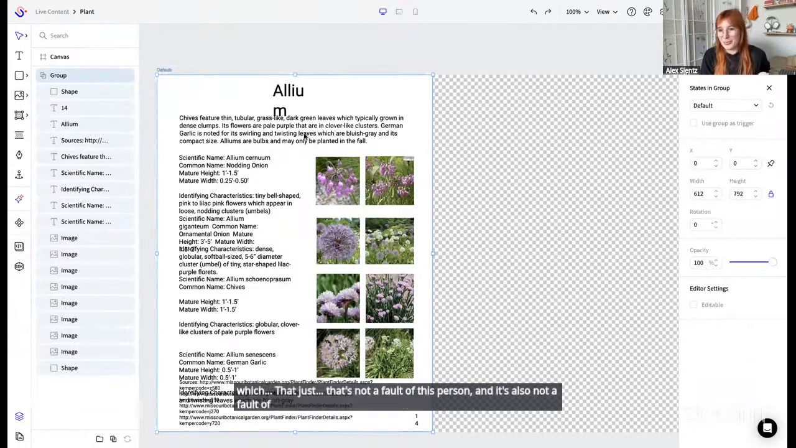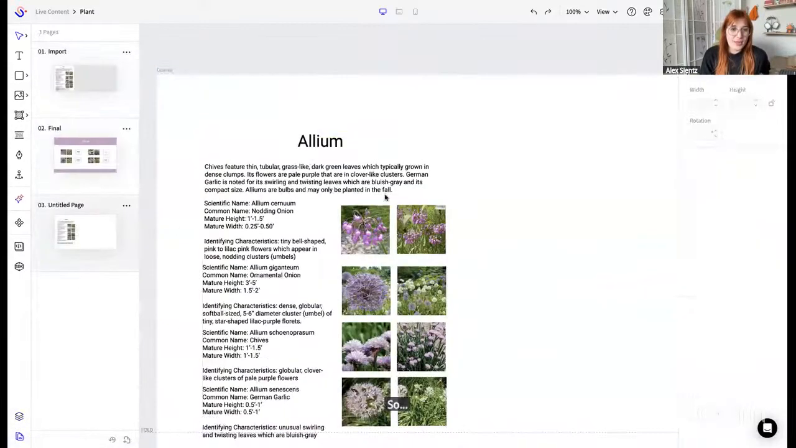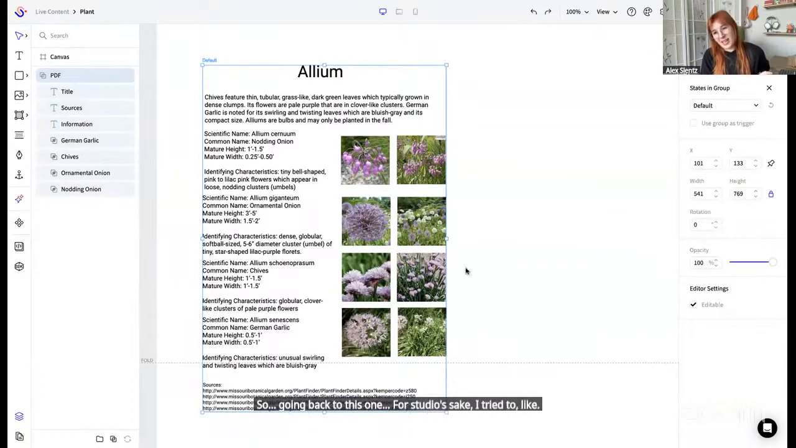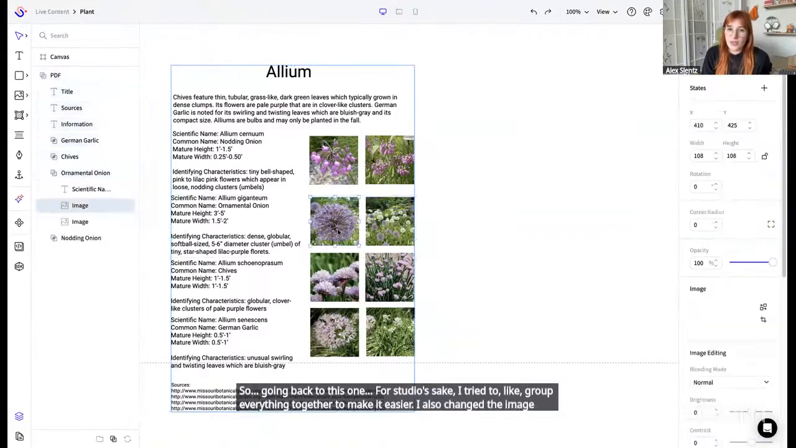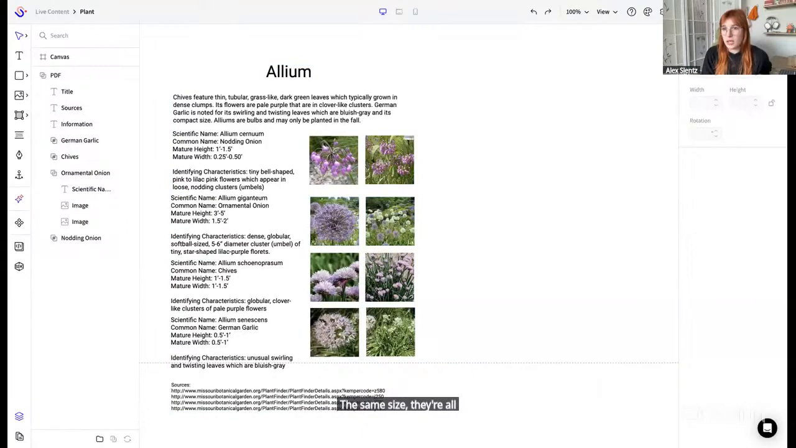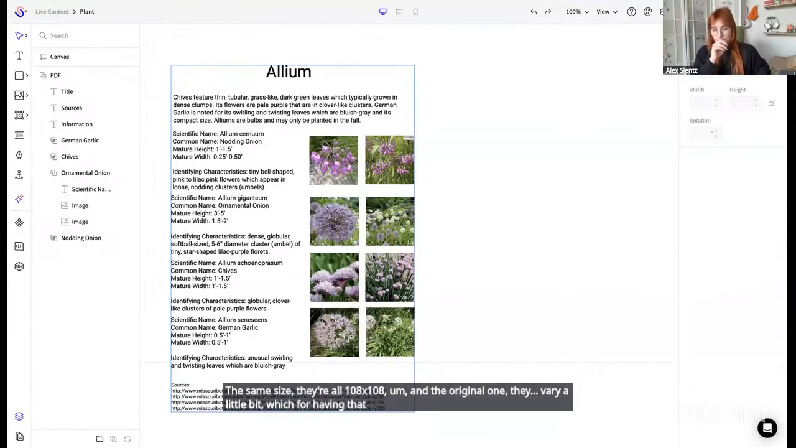It's just how PDFs are. You usually don't group things in PDFs. So going back to this one, for Studio's sake, I tried to group everything together to make it easier. I also changed the image sizes here so that they are all the same size. They're all 108 by 108. In the original one, they vary a little bit, which for having that sliding transition, you want them all to